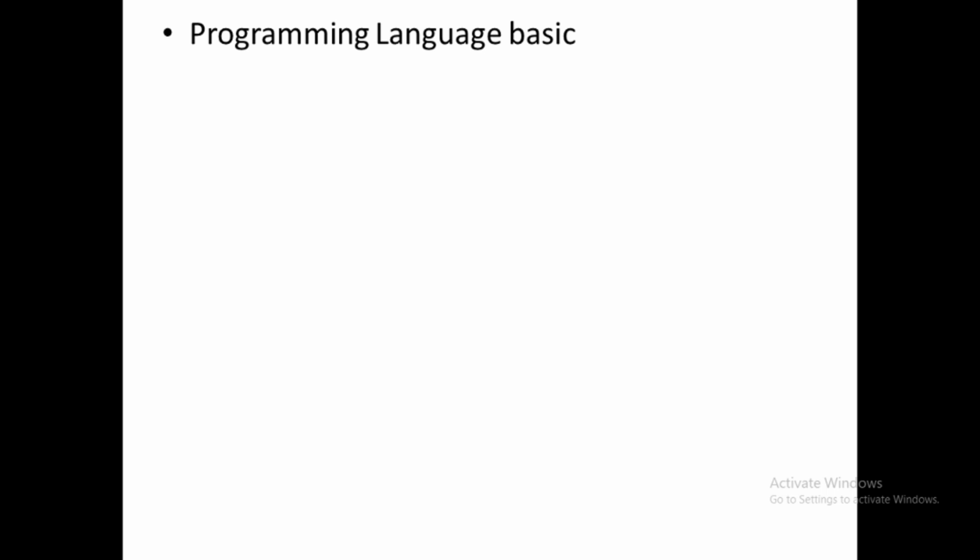So first of all, let's see the programming language basics. For any computer program, the core elements are data and functions. So in any computer language, there are two things important. One is data and another is functions. Either you can say functions, or you can say method or behavior, or you can say programming, coding. So in a language, there are two things important. There is a language, means coding, and that is important, that we have to do.